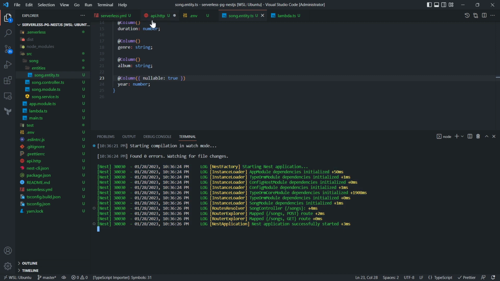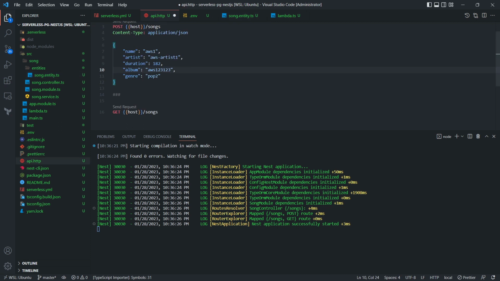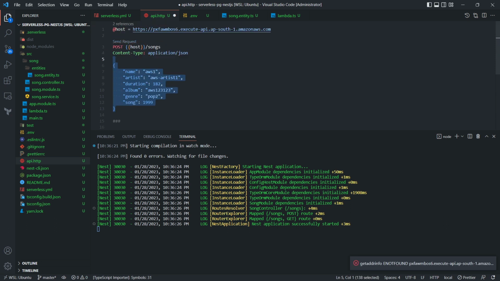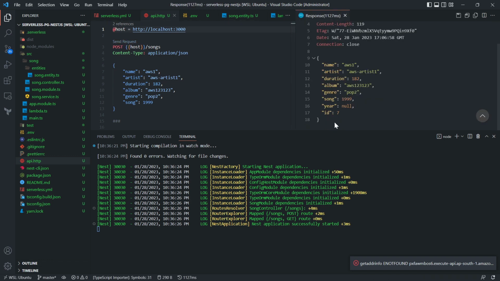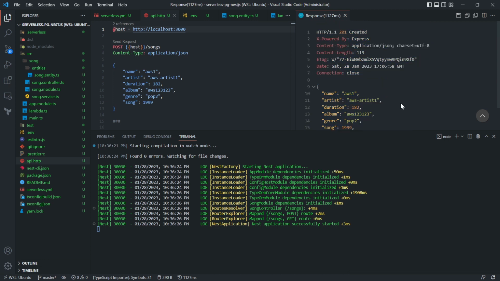Okay, and we could pass this new year in our payload and click on send request. Okay, so for that, first let me change back the endpoint to localhost 3000 and click on send request. As you can see, the API has successfully